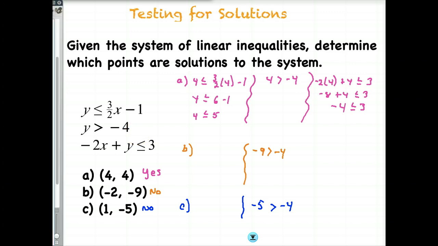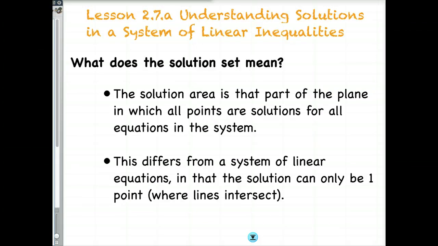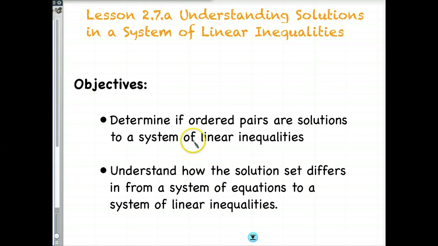So hopefully at the end of this lesson now, if we go back to the start, we have met our objectives. You are able to determine if ordered pairs are solutions, both graphically and algebraically, and you can understand how the solution set will differ from a system of